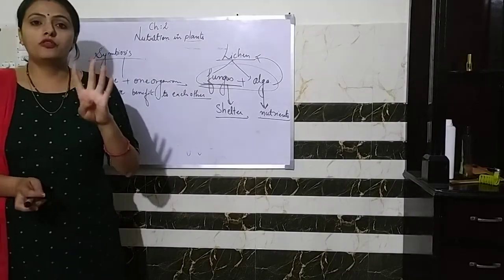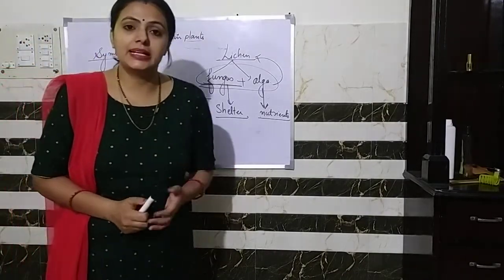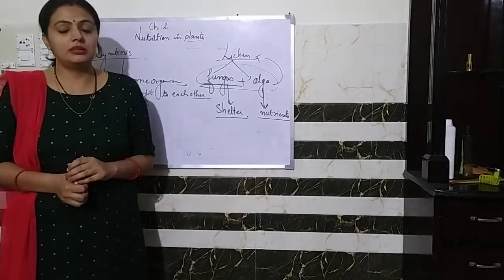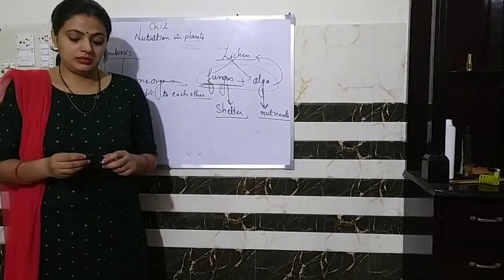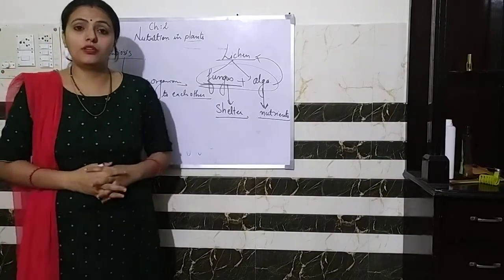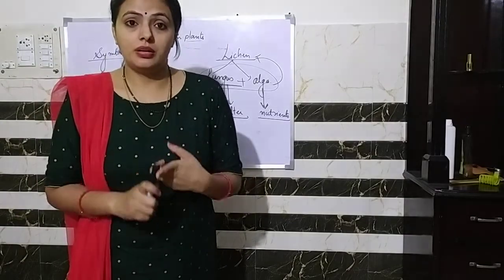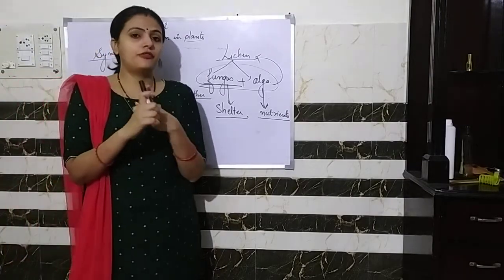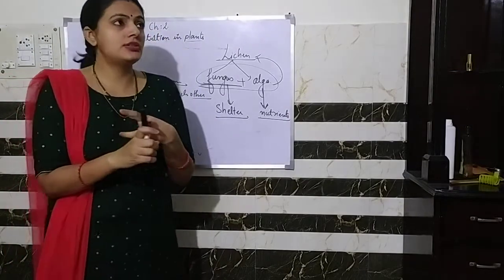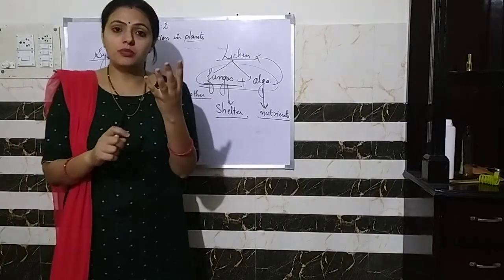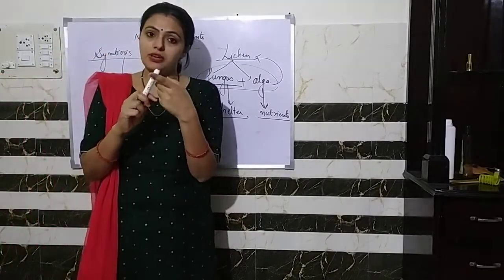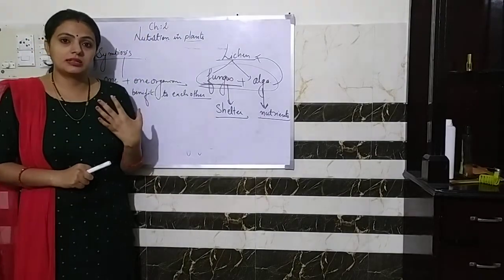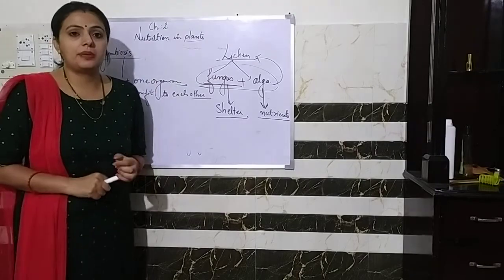We have done 4 modes of nutrition which come under the heterotrophic mode of nutrition, right? We have done all of them one by one, and our broad categories of the mode of nutrition in plants are autotroph and heterotroph. In autotroph we have done the photosynthesis process, and in heterotroph we have done 4 modes of nutrition: insectivorous, parasitic, saprophytic, symbiosis. We have done all 4 of these, right? So this is all about the chapter nutrition in plants.